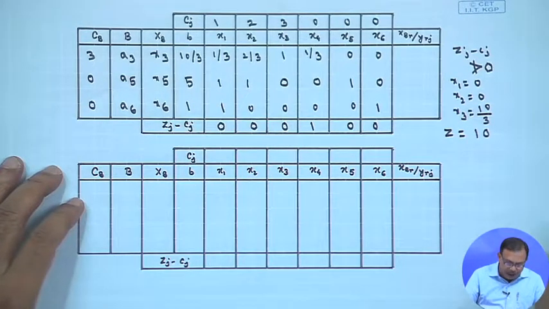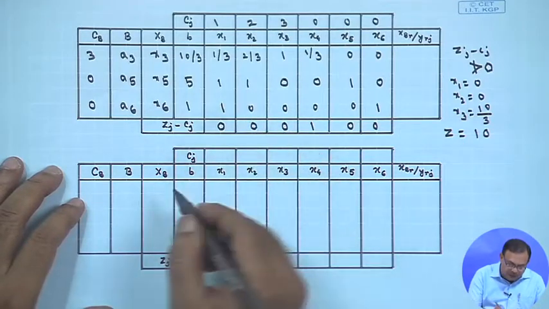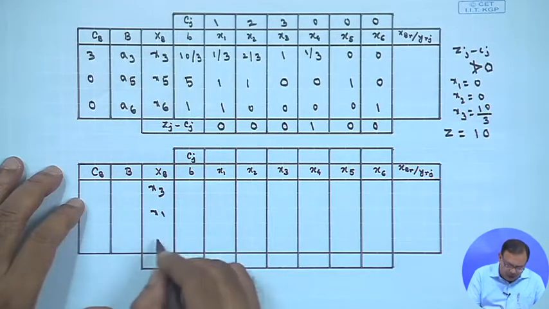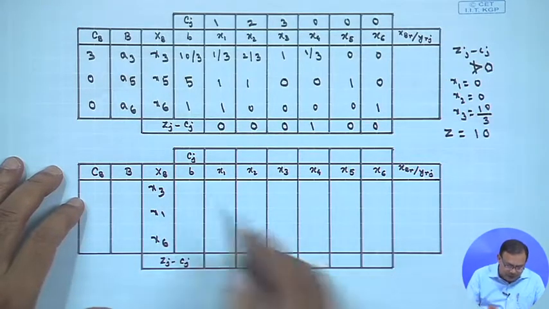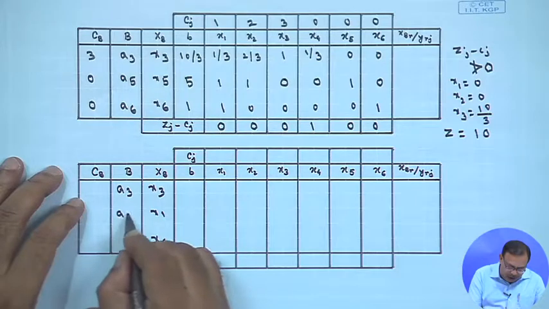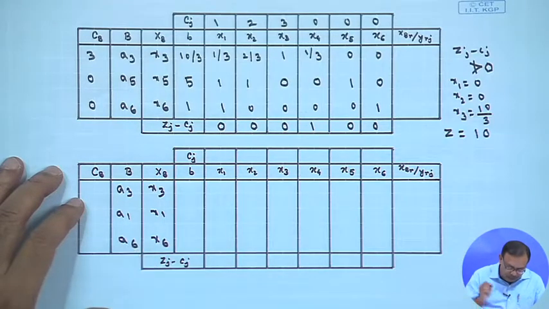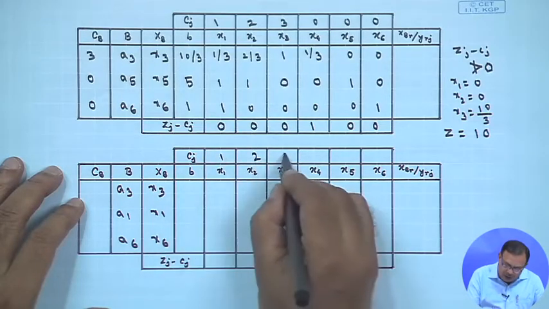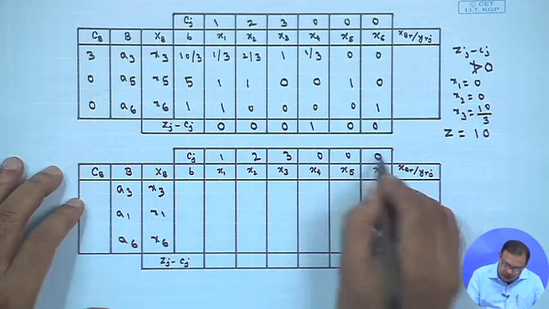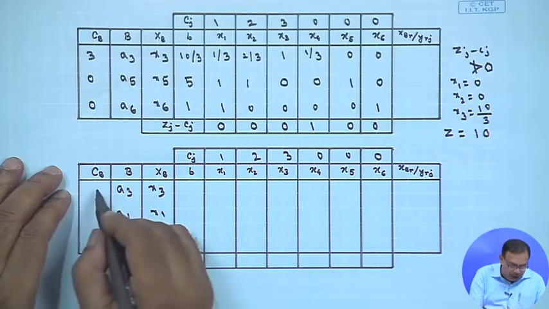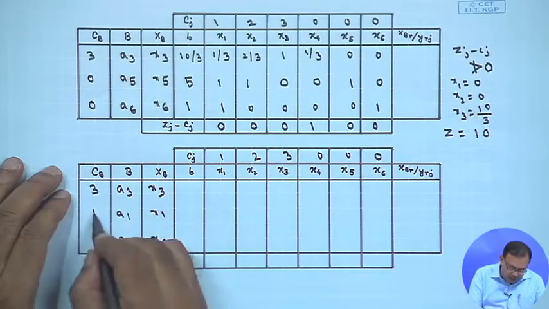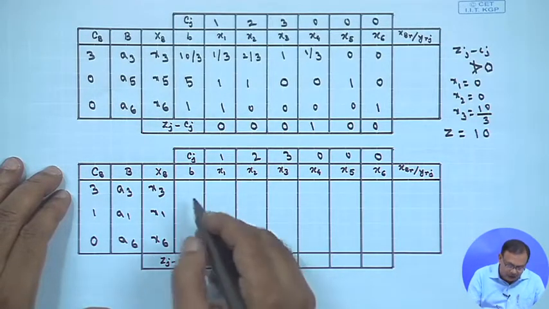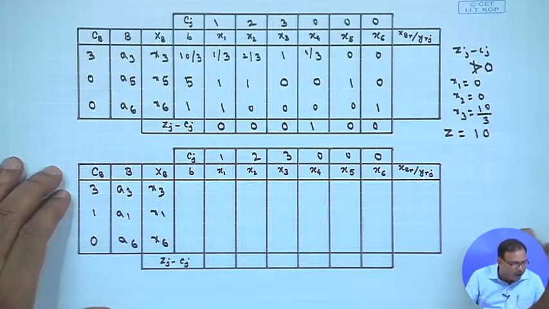That means we want to say here is that if I change from here x3, x1 and x6, the values will be A3, A1 and A6. Your Cj is same 1, 2, 3, 0, 0 and 0. So that here it will be 3, 1 and 0. So your B values, you are just making it 5 by 3,